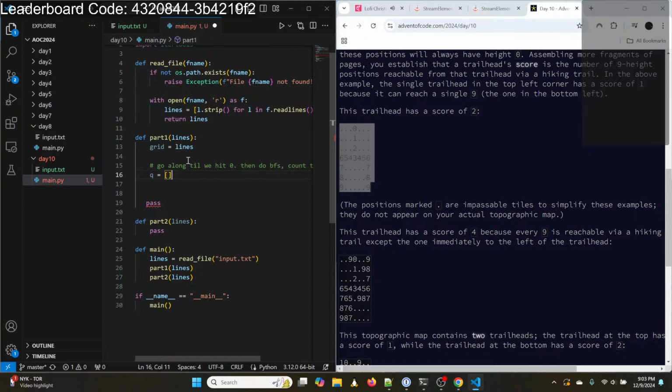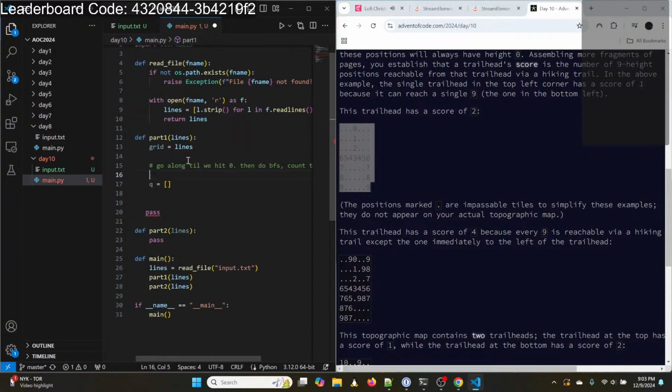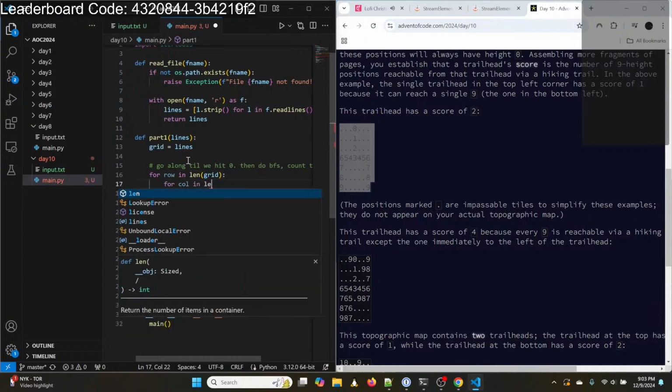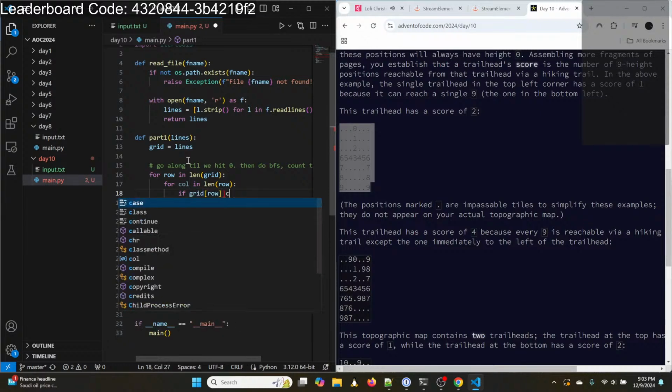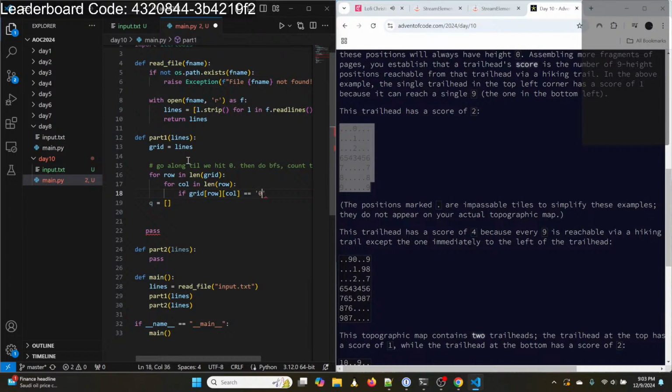I think I want to start with DFS. For r in row in length of grid, for c in length of row, if grid[r][c] is a 0,